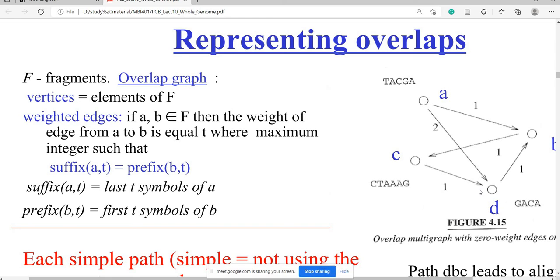The weight of the edge from A to B is T, the maximum integer such that suffix A of length T equals prefix B of length T.